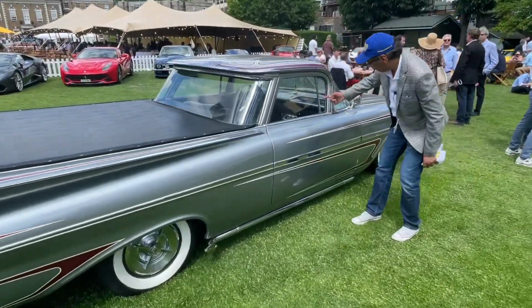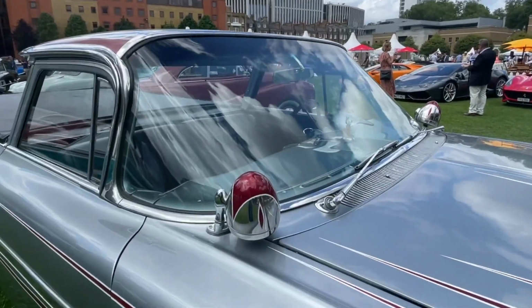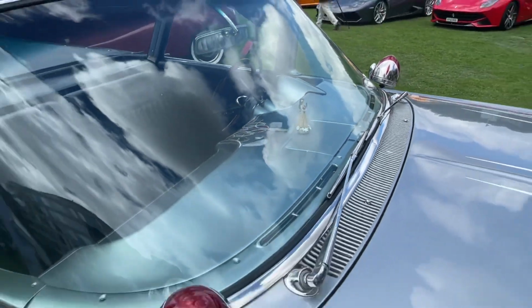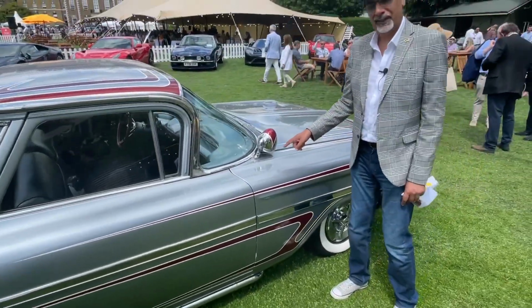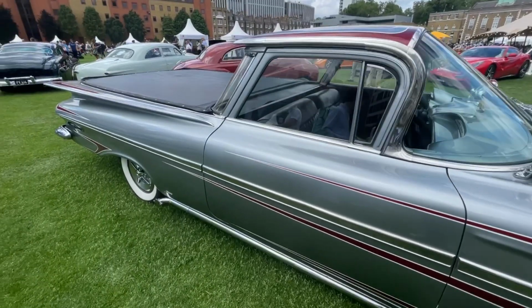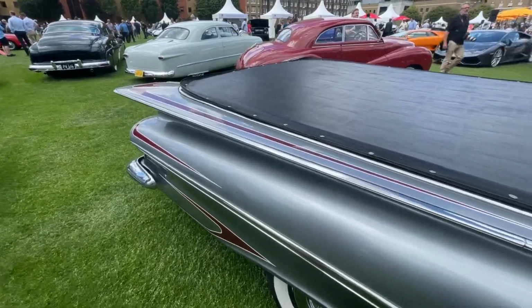There's a bench seat in the front with some quite elaborate airbrushing on the dashboard itself, and of course you've got to have a hula girl, right? If you have a car like this, you must have a little bouncing hula girl in the front of the car. Look at these. Aren't they like the police cars when they reach out and they get the spotlights to come up like that? So beautiful pinstriping down here, and at the front, very aggressive, very standout, got real presence,